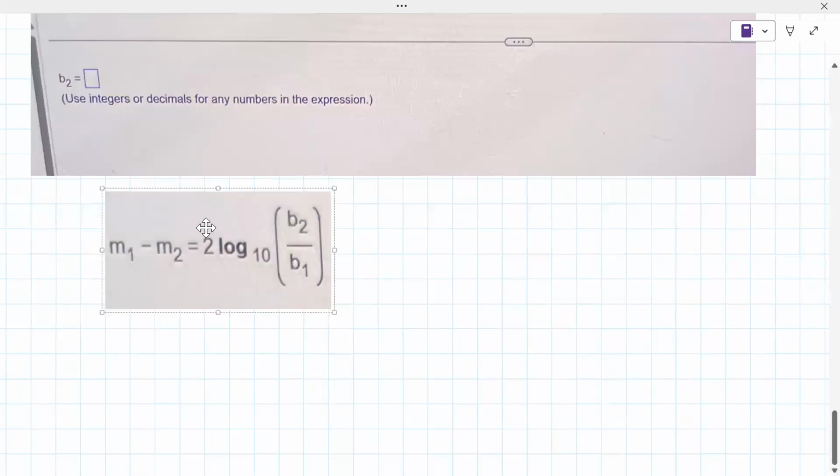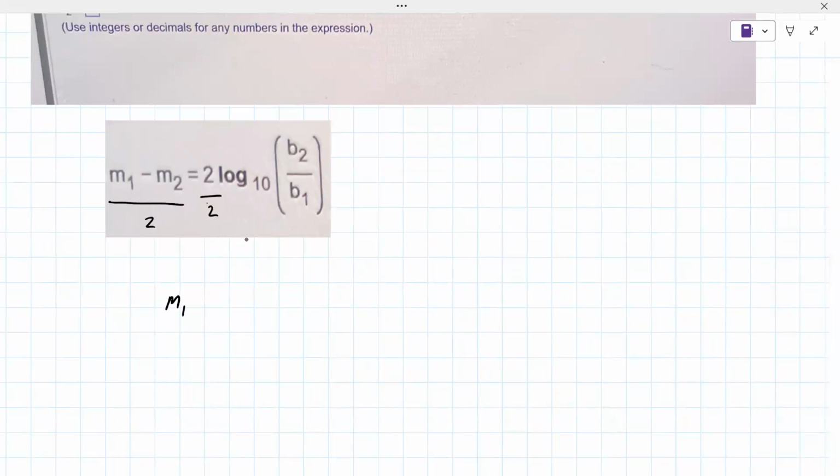To do that, a couple of things we could do here. We first need to get rid of this 2, so we're going to divide both sides by 2. There's going to be a lot of rewriting. I guess you do have to show your work here, so that's maybe a good thing. Divided by 2 equals log base 10, B2 over B1. Next thing is to